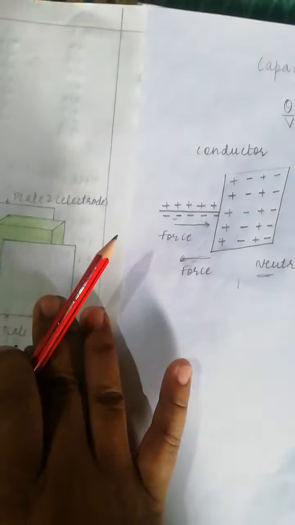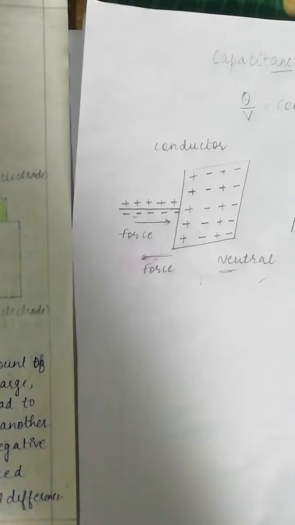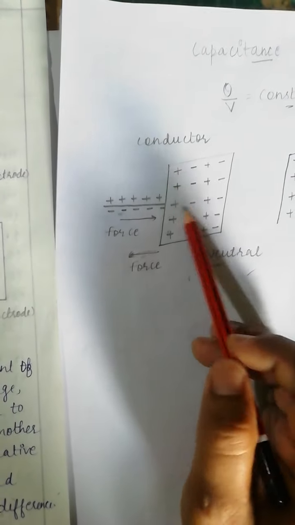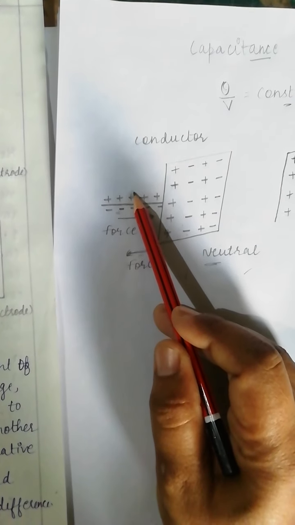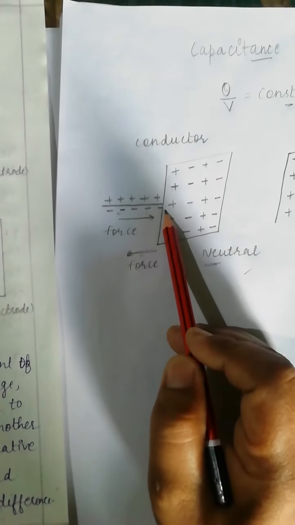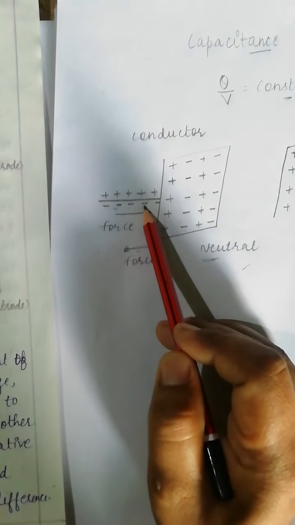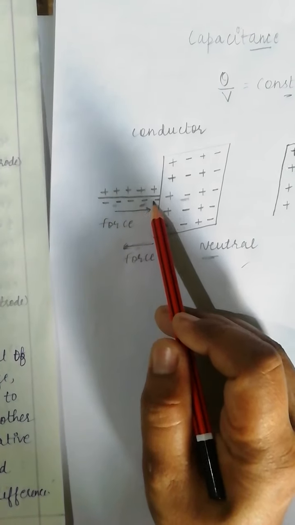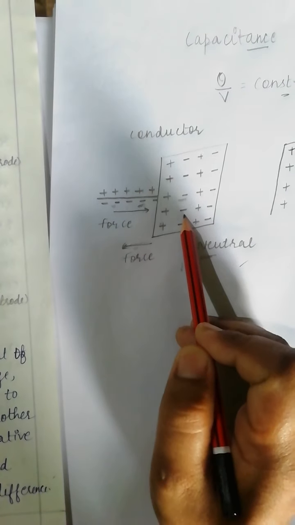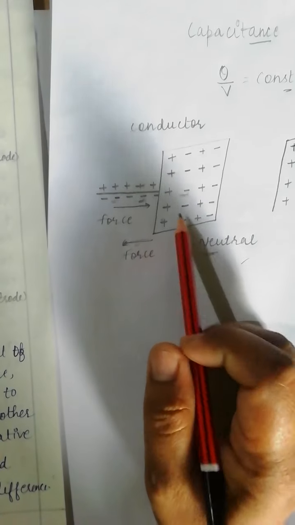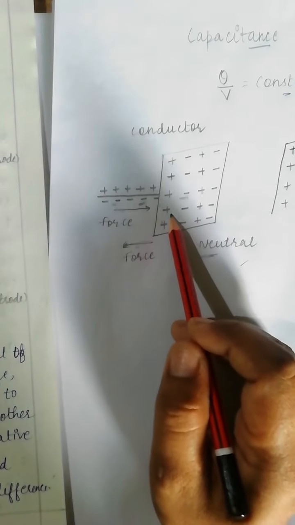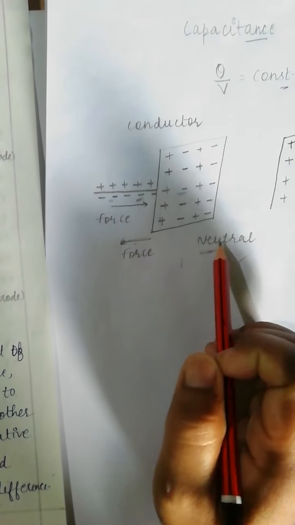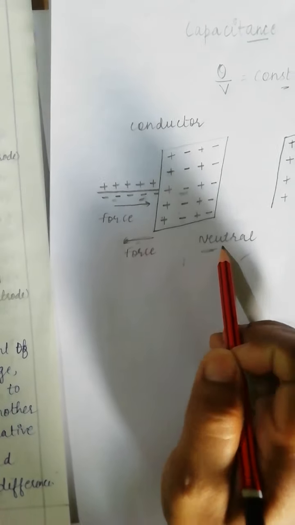See here, this is the conductor placed here, and if we go on increasing the charge on this plate, the positive charge remains here, and the negative charge flows, and there would be repulsions between these negatively charged particles. Due to these negative charges the force direction would be this, and due to these the force direction would be this. As the repulsion is going on between them, the conductivity would not increase. That means as a whole the conductor would remain neutral.